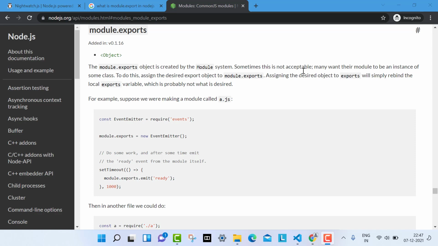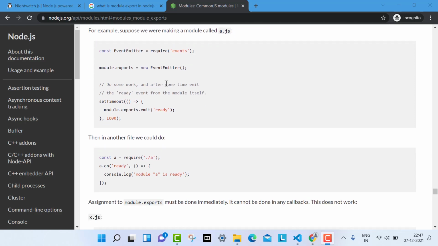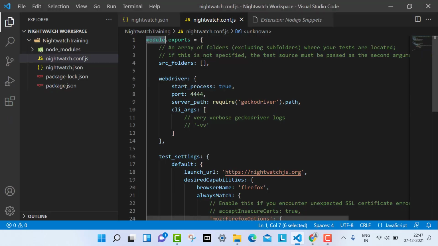So basically, if you are writing something and you want to use it somewhere in your project, then module.exports will help you. That's why, whenever you are seeing Nightwatch code, where we are creating several page objects, custom commands and other things, you will see that we are using module.exports. Okay.